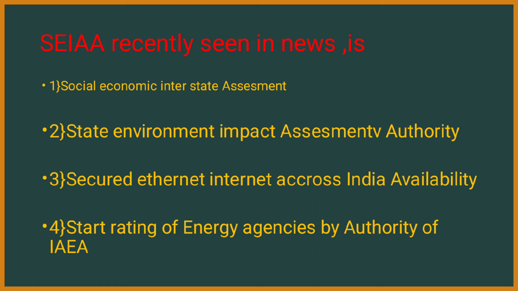Next, you can eliminate the statements very easily here. If you abbreviate this, SEISA, where is the A? Another A is missing. So you can eliminate this because this A is missing, right? So you can eliminate option 1. Next, let's go. Second, SEIAA. This can be the possibility. Third, SEIA